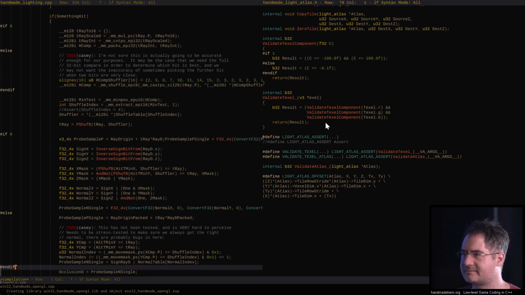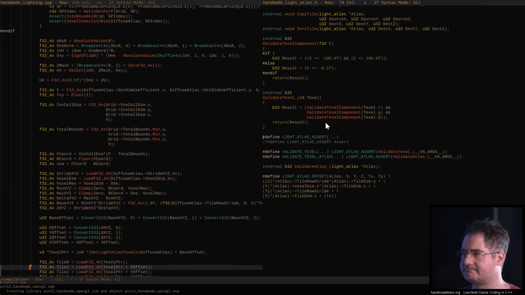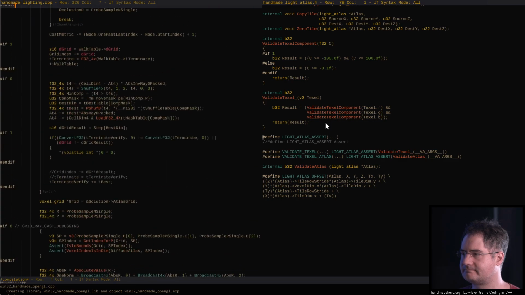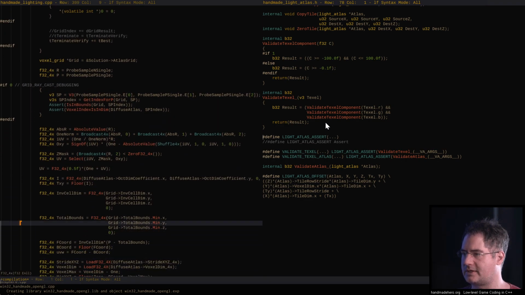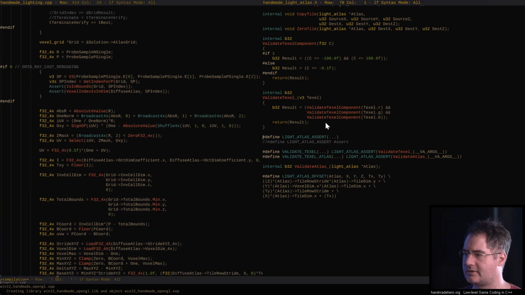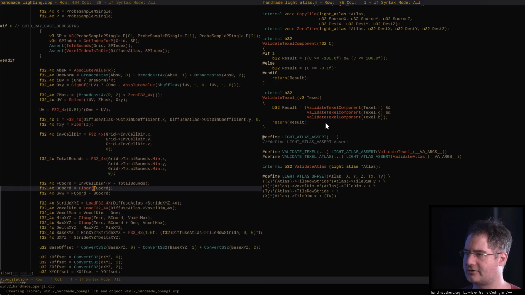That's my guess. So yeah, here we end up with a probe piece single, and then you can see what we're doing is producing here with inv-seldom and total bounds. This floor function here is what's doing it. So you can see us actually clamping right here